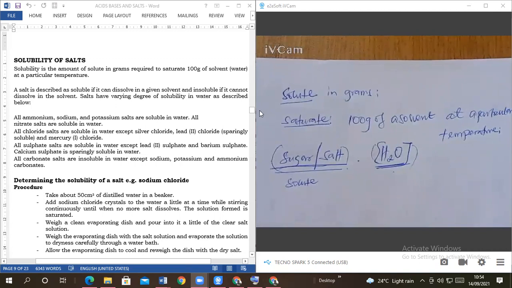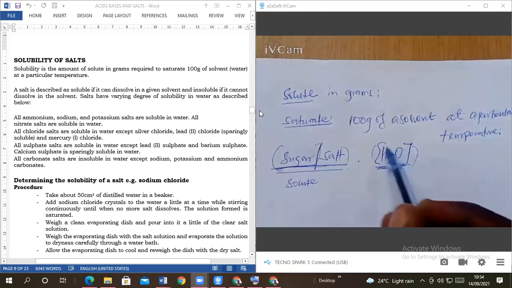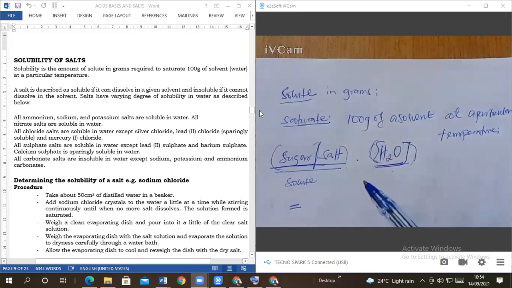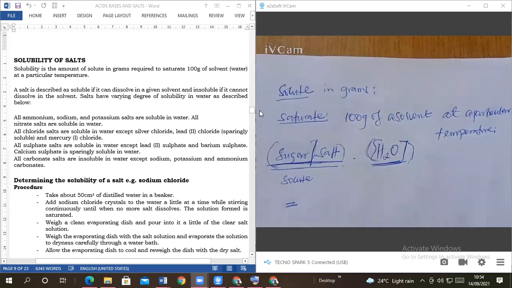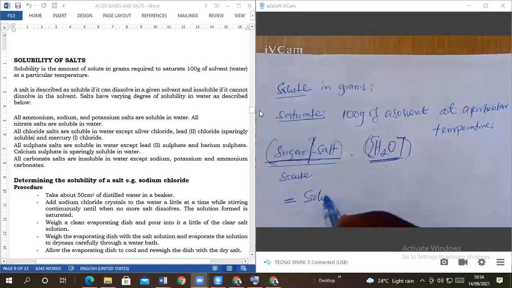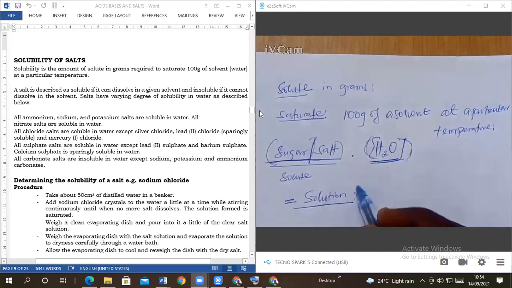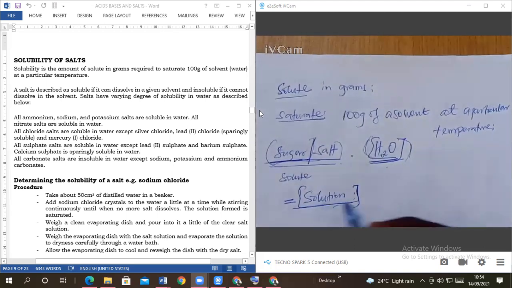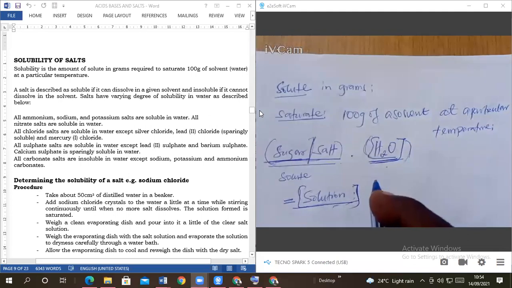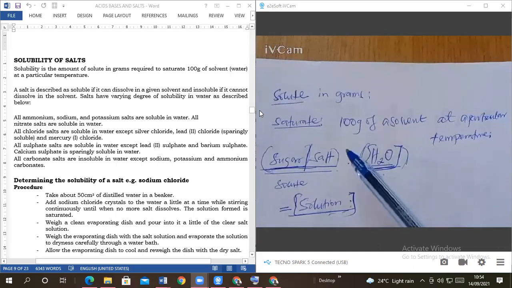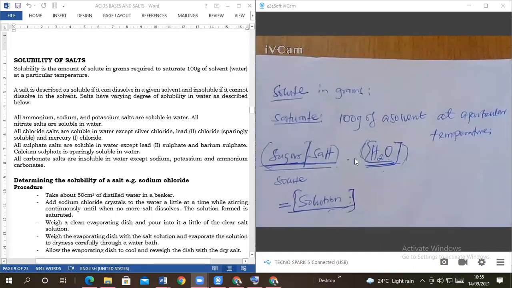If you add sugar to water, what is the end product? You get a solution. So if you add the two, the final result is a solution. That means it will be uniform. You will not be in a position to differentiate between sugar and water. It will be like water, but if you taste, it tastes sweet. That's when you know that there's sugar here. If you put salt, it also gives you the other taste, and you'll know that this is